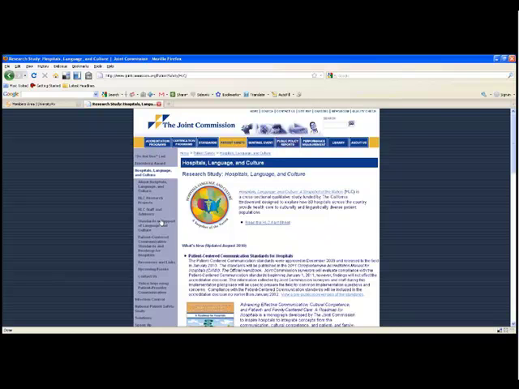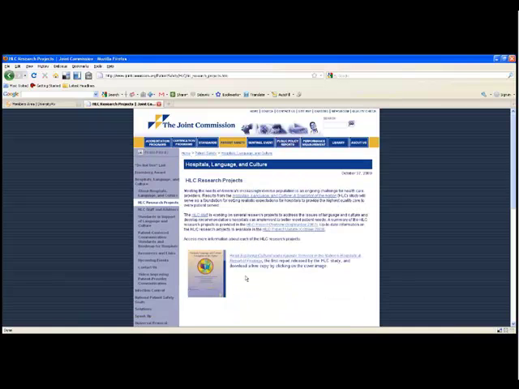So you can see here that if you look on HLC research projects, I highly recommend downloading this report here, Hospitals, Language, and Culture, a Snapshot of the Nation, which has not only a good overview of what hospitals around the country are doing, but also some very useful questionnaires and tools and analyses that you could possibly use in your own institution to sort of get a baseline of what might be going on and how it might compare to other hospitals. So this report is very useful, and as you can see, there's also a project update right here.